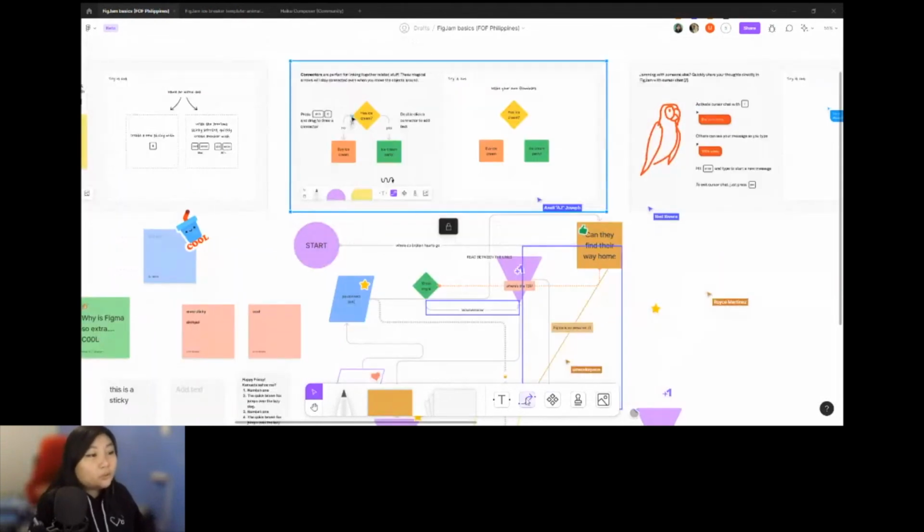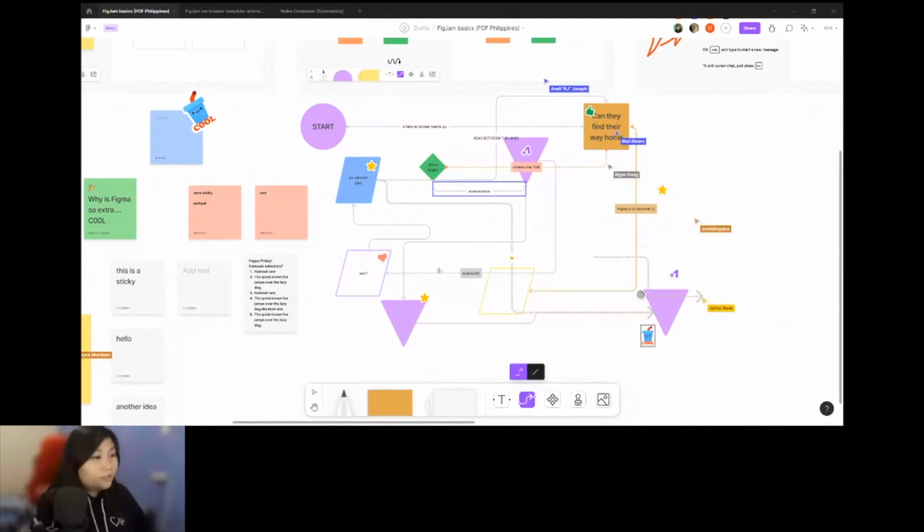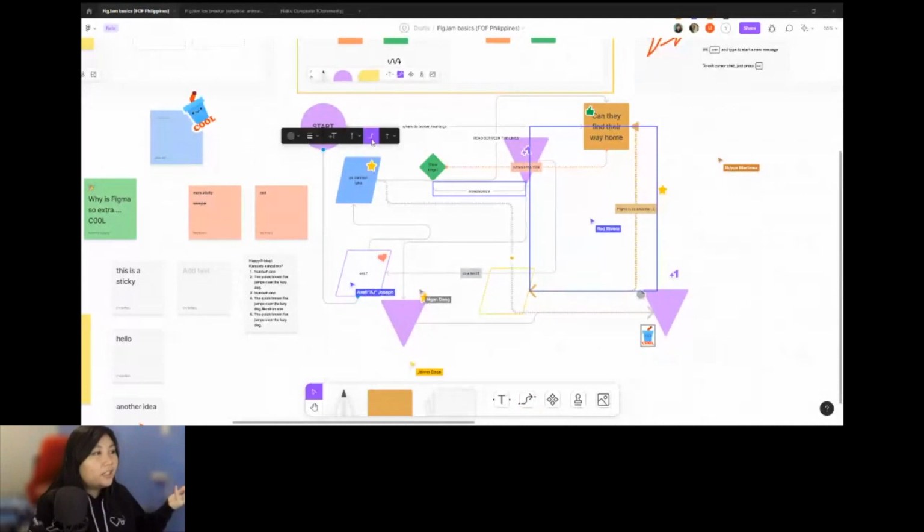You can also make connections with the arrow here at the bottom. You can either click, or rather press Shift C on your keyboard. And then there you can either create a line or a connector. So I can connect, for example, this end to the start again. So there, and then maybe I can remove